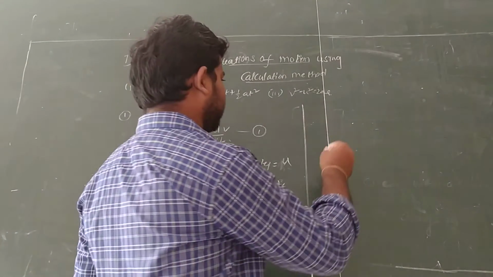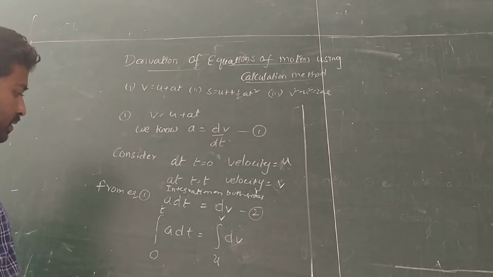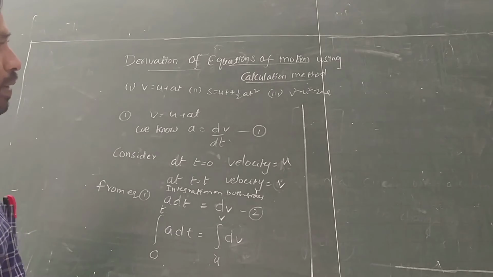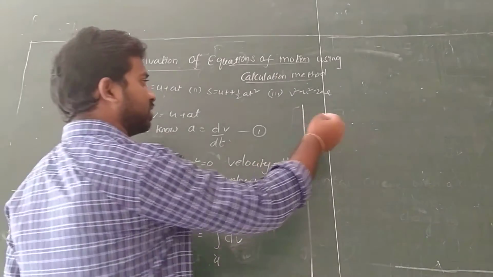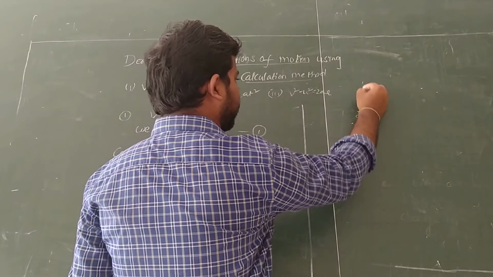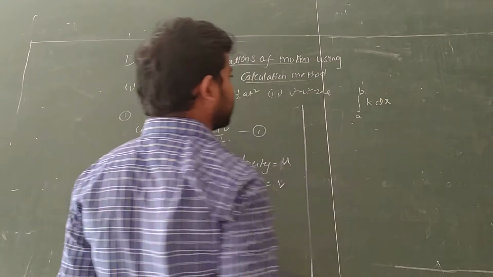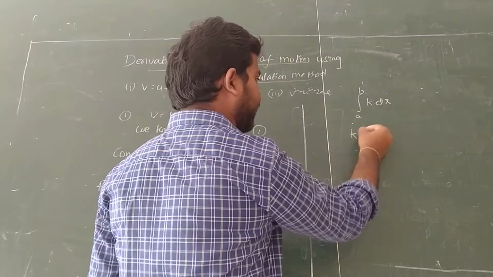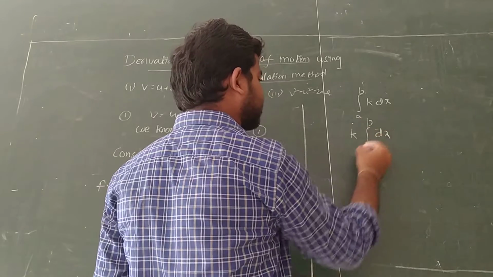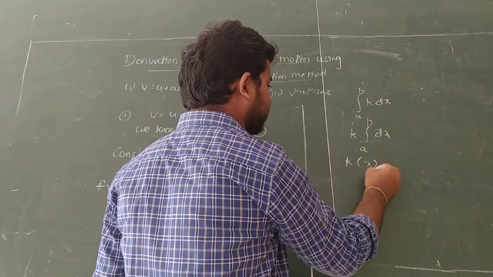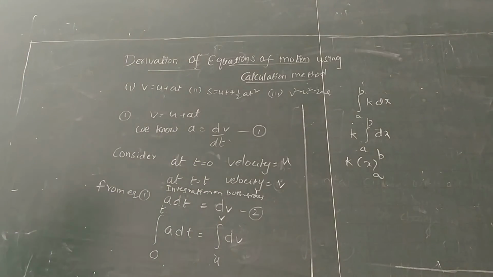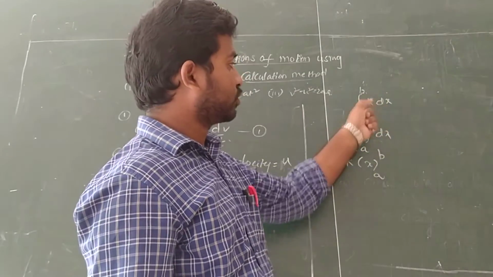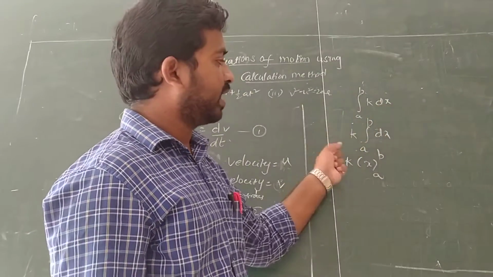Yes. Then if you see here, these are all objects, and one more thing I want to tell you, I missed a formula. For example, see, integration of a to b k dx. Here k is constant, so the formula is k times integration of a to b dx. Then integration of dx is nothing but x, then limits a to b. This is one more formula for integration. Just write down this formula also. Integration of k dx from a to b. Here k is constant, so if you assume that, then k we can write outside.